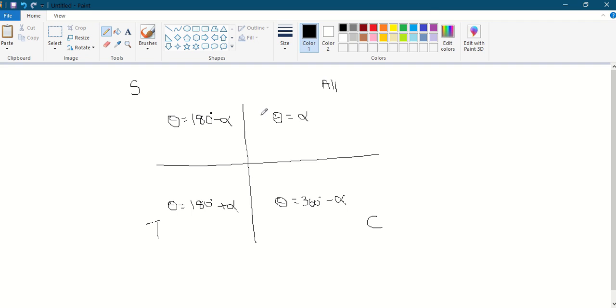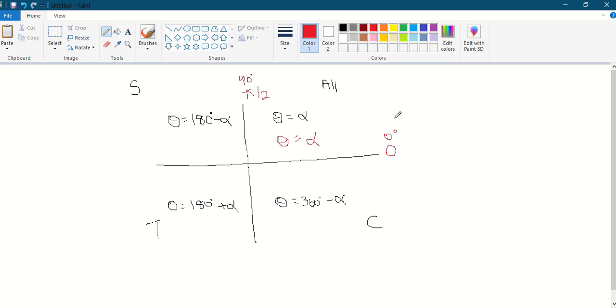Now what if we were working in radians? If we were working in radian mode, this is what we will say. I'll use red color there. We will say theta equals alpha, because it's the same for degree, same for radian. In the second quadrant, before we do that, let's label this. This is 0. This is pi over 2 in terms of radian, which is 90 degrees. So let's write in degrees as well. So 90 degrees is equivalent to pi over 2.